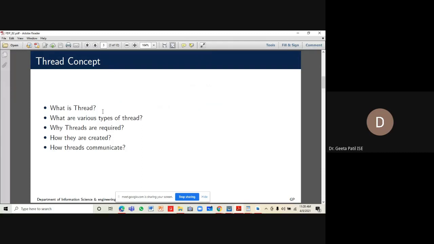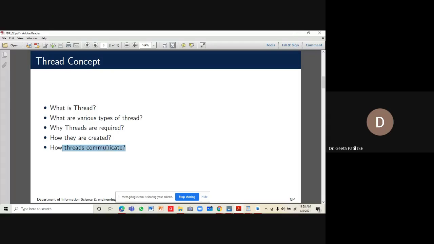When the creation of threads is easier, what are the various types of threads? There are two types of threads in Android: the main thread, which is the UI thread, and worker threads. We know why threads are required. In order to get a better response, we require threads. And how do we create them? By using the extend method or by implementing an interface.